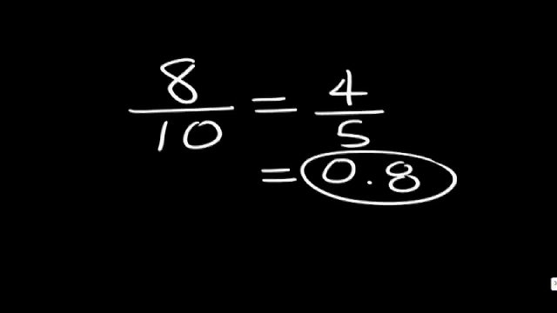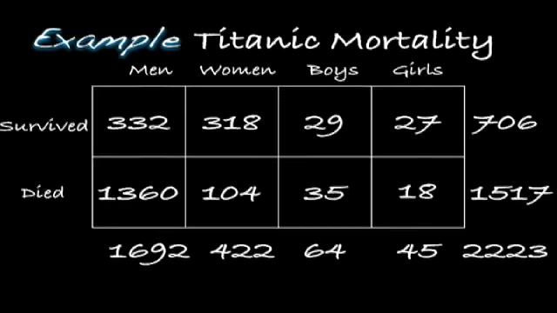Recall the Titanic mortality table. This table summarizes the number of passengers who survived and died, and the sexes of the passengers with their age groups. 706 passengers survived, 1,517 passengers died, for a total of 2,223 passengers. There were 1,692 men, 422 women,